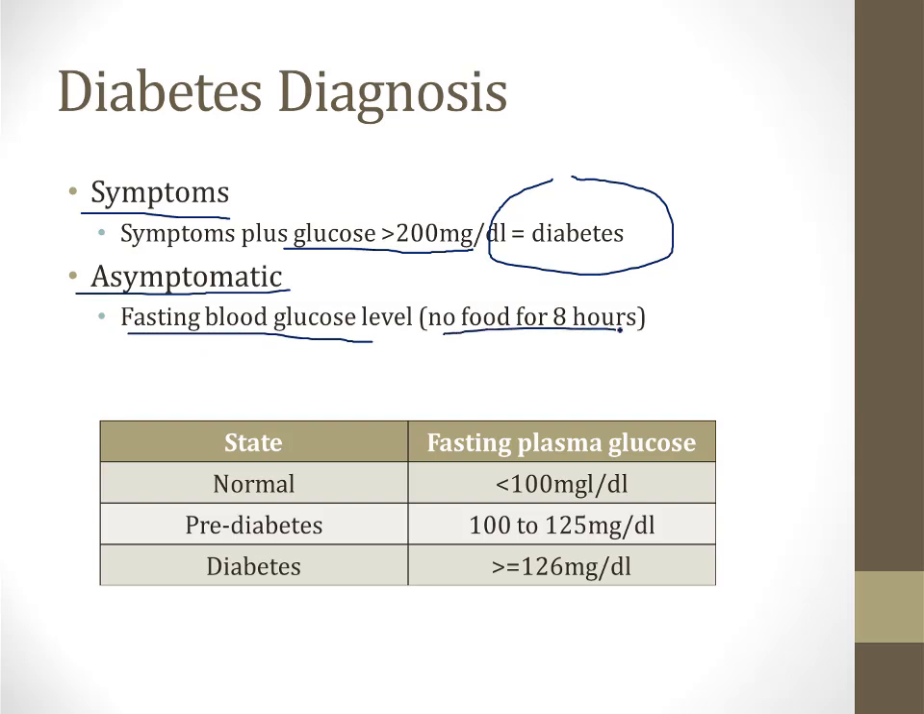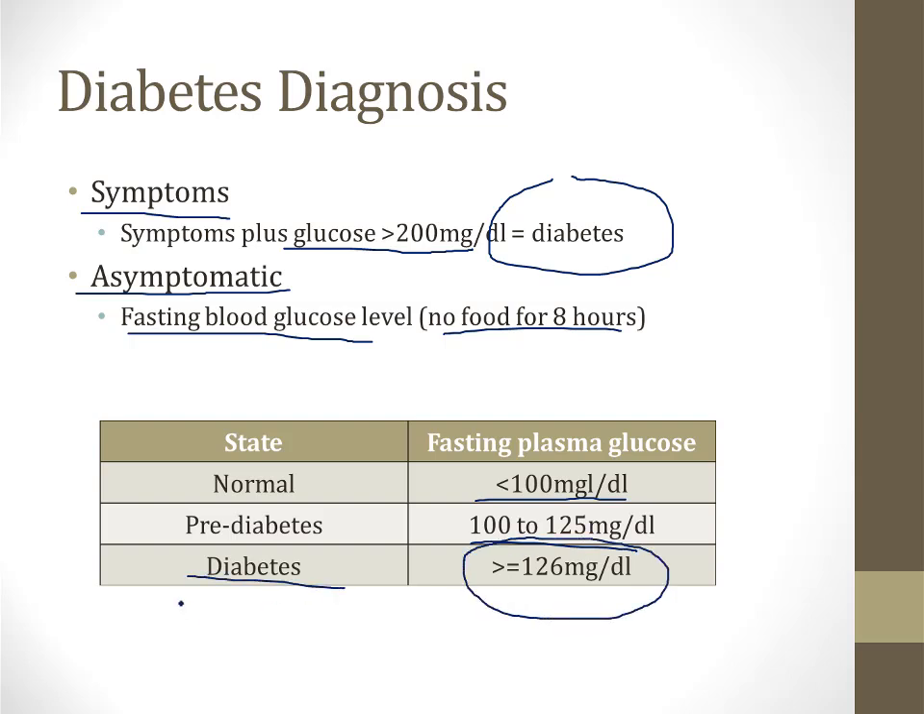The reason you have to be fasting is because it's common for your blood sugar level to elevate after a meal when you consume sugar. However, when you are fasting, the blood sugar level should be low. If the fasting blood sugar level is less than 100, that's considered normal. If it's 100 to 125, that's considered pre-diabetes, and a fasting blood glucose level greater than 126 is considered a